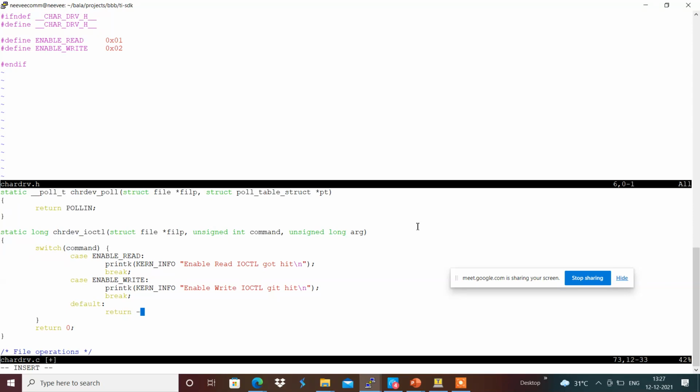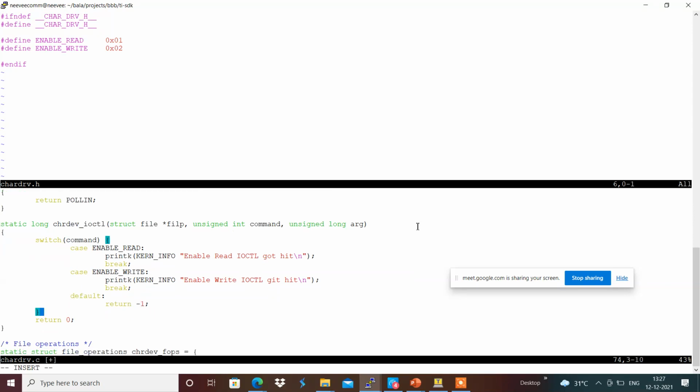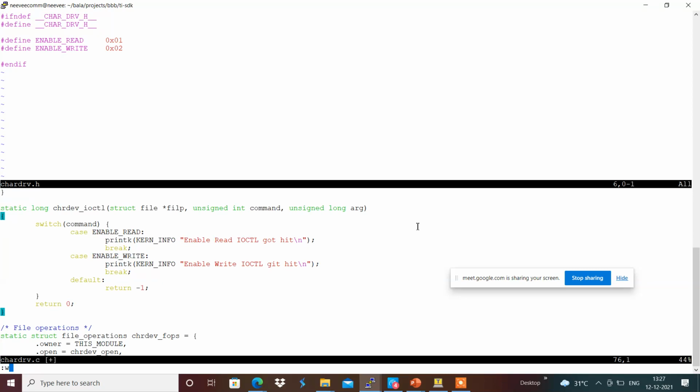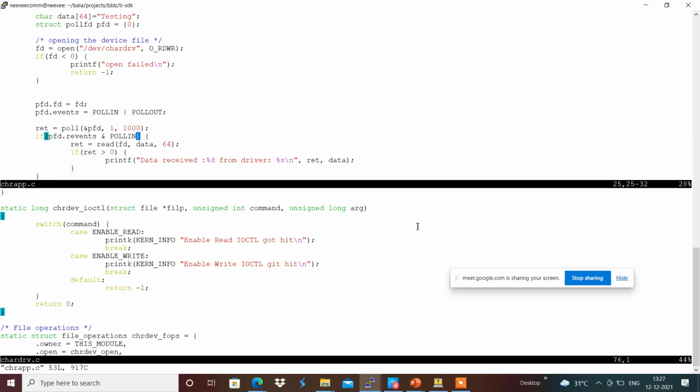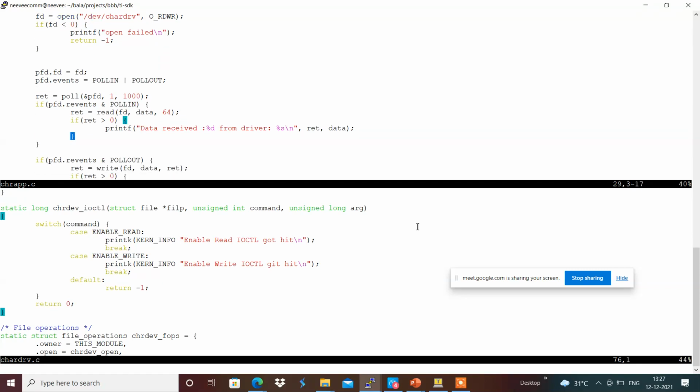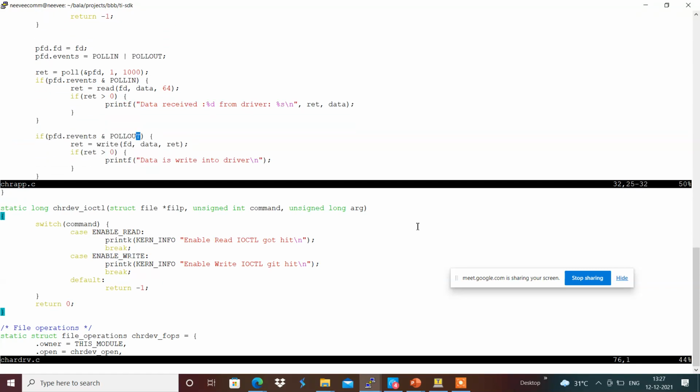We will be using it in the same way in chrapp.c. In the same way, we will be using some ioctls in our application. I'm going to first include chardrv.h.